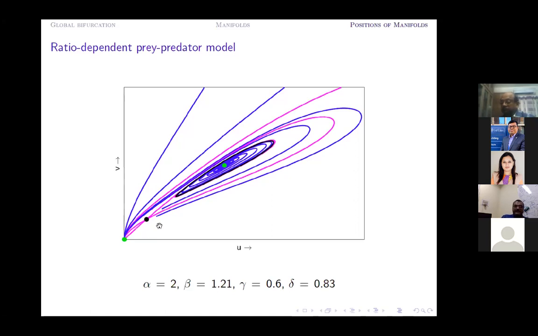Now the point is that in order to catch that particular homoclinic orbit, you have to understand the different kinds of manifolds involved with this saddle point. Why is this important? That answer I'll give you at the end of this particular talk. So just to understand clearly, this is a phase portrait.